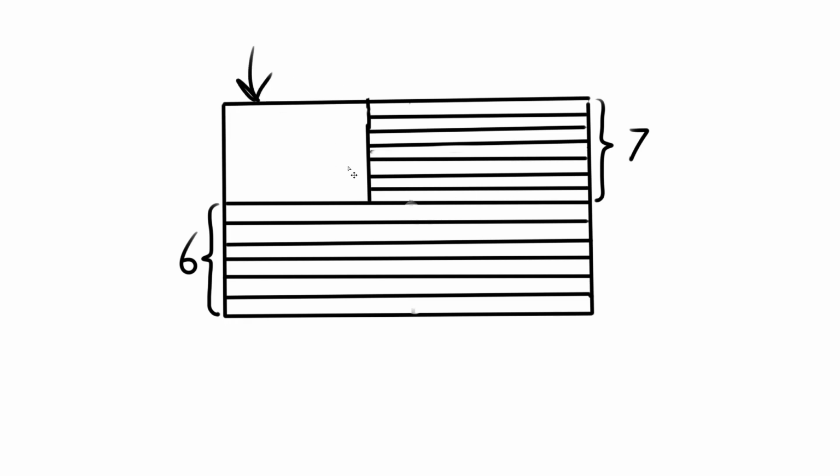How do we do the stars? I'm going to zoom in on this. Okay, I'm going to bring this to the middle for you. I'm going to show you a great way how to do this. So again, I'm going to cut this into half lengthways and half heightways. Okay, and again, these are just guidelines. We're not going to keep these lines. They're just to help us understand where